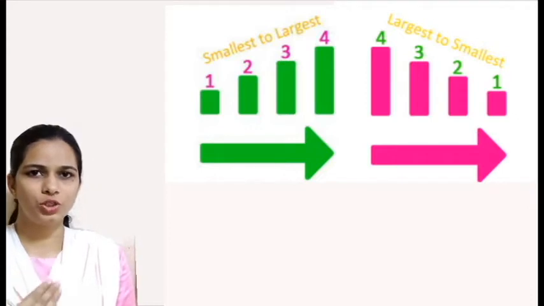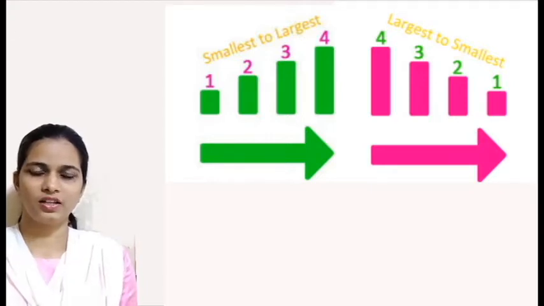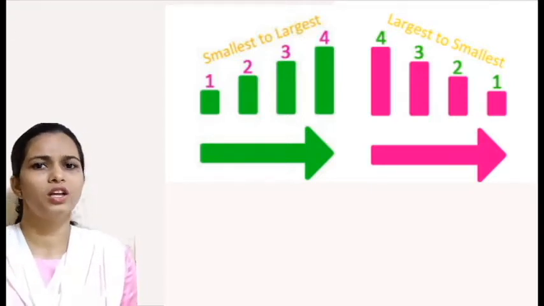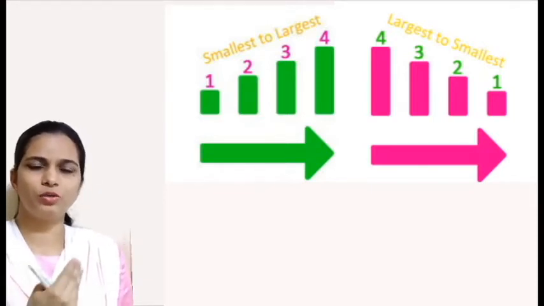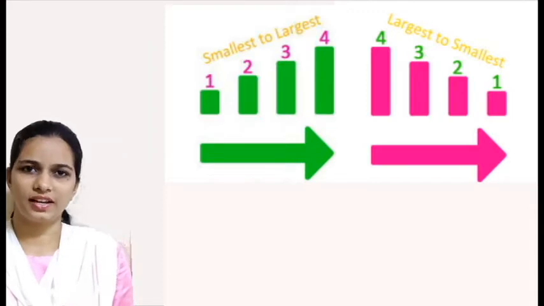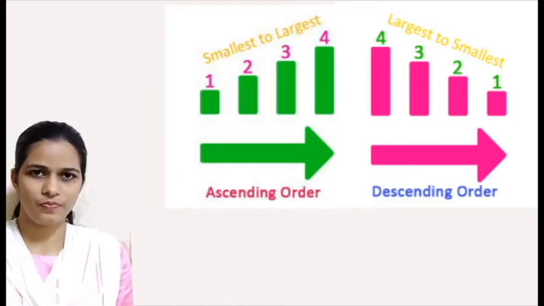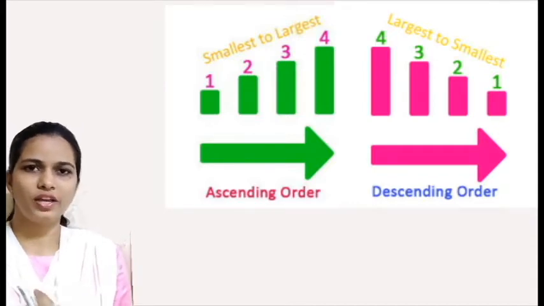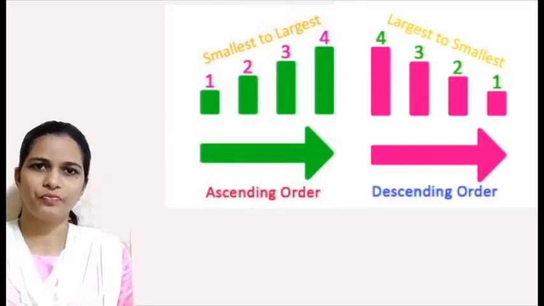Now, when you observe the given image which is being displayed on the screen, you will find that the numbers 1, 2, 3 and 4 are arranged in two different ways. One from smaller to bigger and the other from bigger to smaller. So why are we doing this? In the first case, when the numbers are arranged from smaller to bigger, we relate this to a mathematics concept and we name it ascending order. And the numbers which are arranged from bigger to smaller, we name this concept in mathematics as descending order. So we have two ways of arranging the numbers, and the concepts are ascending and descending order.